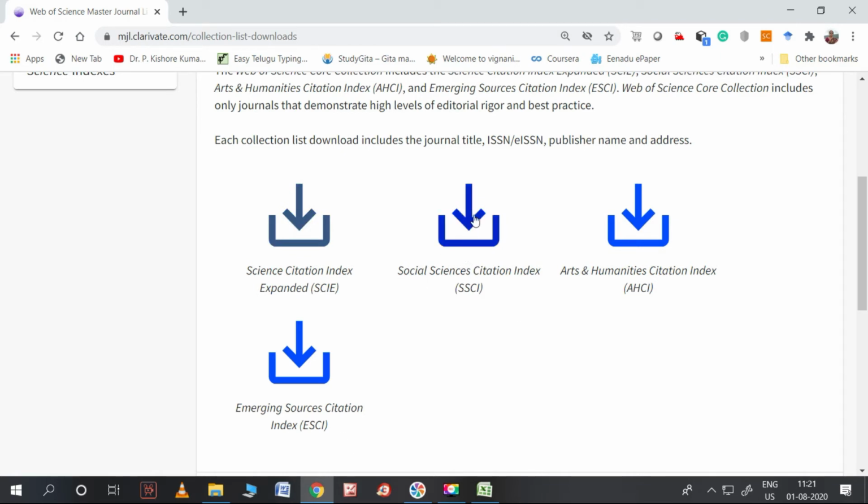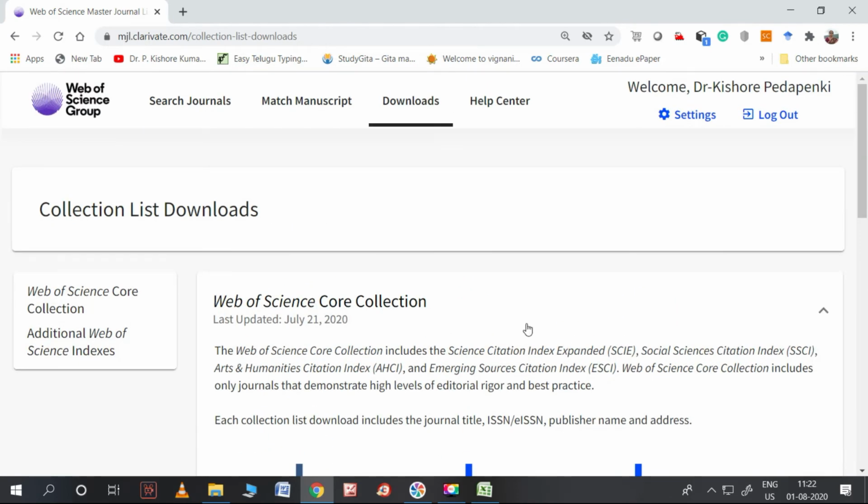Some journals may be here and some other journals may be there. So this is the bulk list of all types of journals which come under Web of Science. This downloading can be done after you have logged in to Web of Science.